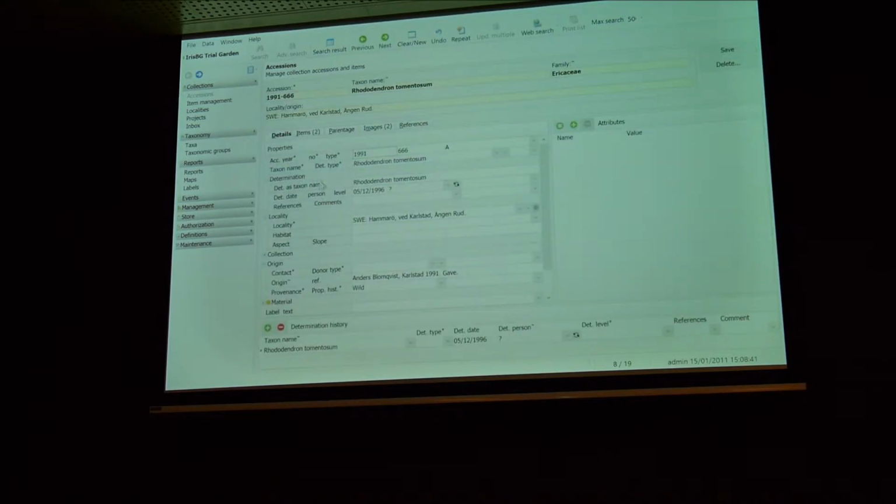Then I get all the details of this particular accession. I immediately see that there are 2 plants or 2 items and 2 images. So you can get a nice little overview straight away. Then I can navigate through this list of these 19 rhododendrons, one after the other, by using this. Maybe you want to look at all the pictures of a group of plants. It's very nice. And you can jump back to the list